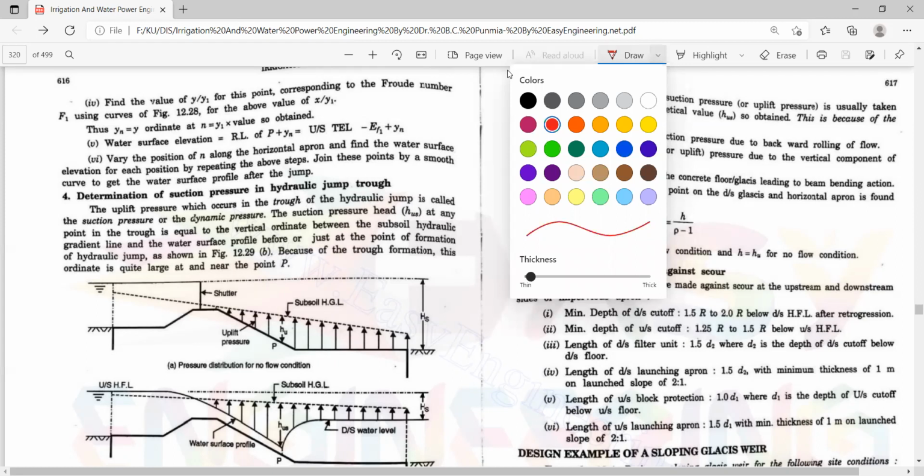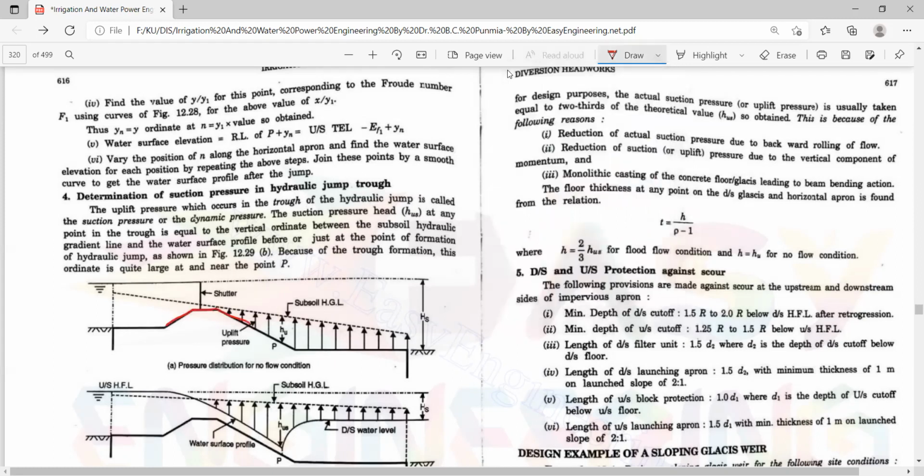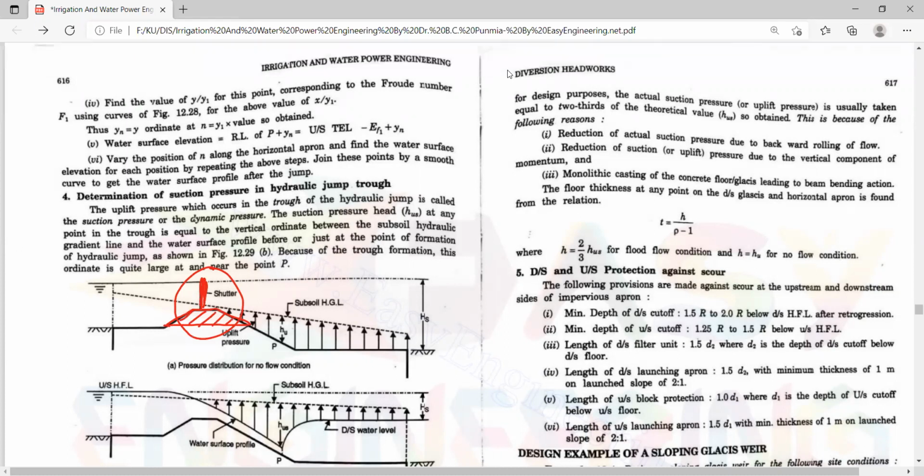So this is the weir portion, and this will be the shutter portion. Here in this weir, we have two portions. This is the concrete weir portion, constructed with concrete, and another one is the gate portion. This is a metal gate that is provided, the shutter. It depends upon the flood level; we're going to operate this one. So this is the shutter, and this will be the concrete weir portion. Because of this, water will be stored.